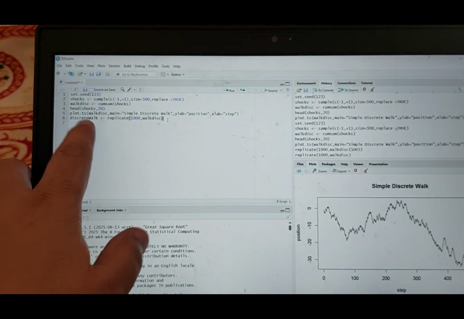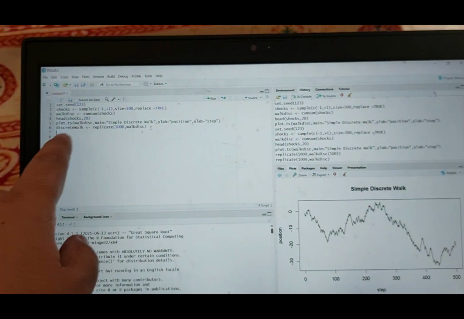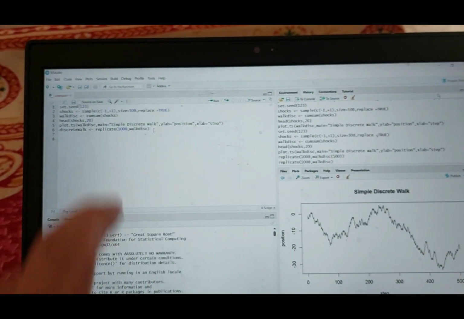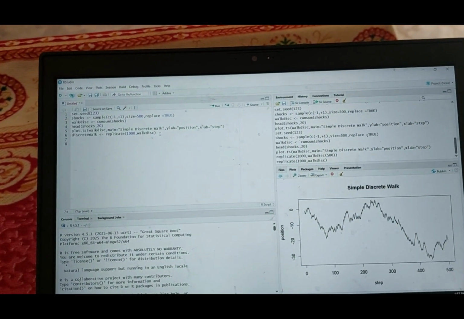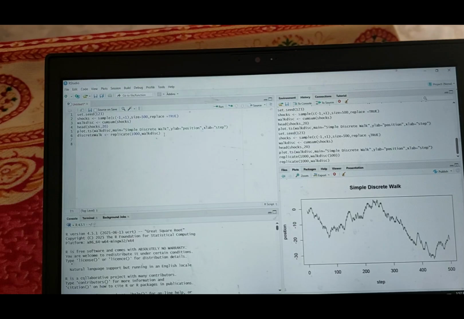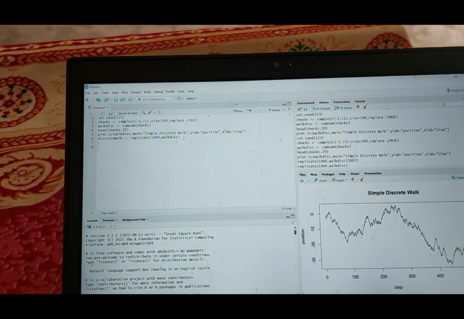Now this replication will be assigned to this new variable, which is discrete walk. From this discrete walk I can actually get the 499th shock,